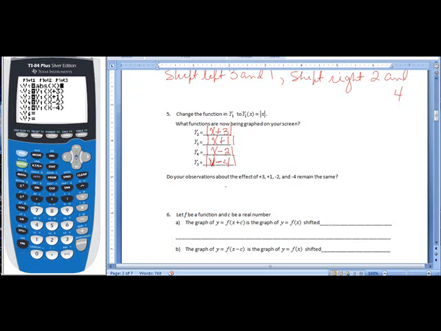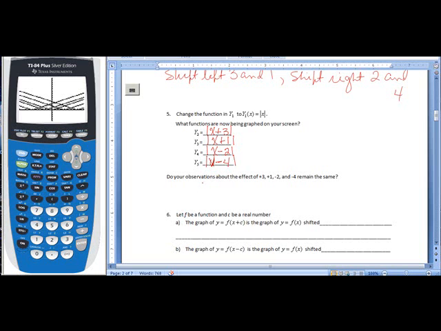There's our absolute value function. There's the absolute value of x plus 3. It is further to the left, and it looks like 3 units. There's absolute value of x plus 1. There's absolute value of x minus 2. And finally, the absolute value of x minus 4. So yes, we have the same